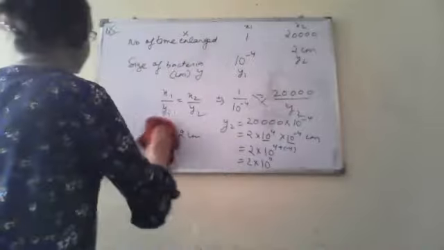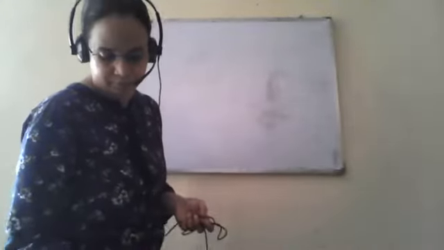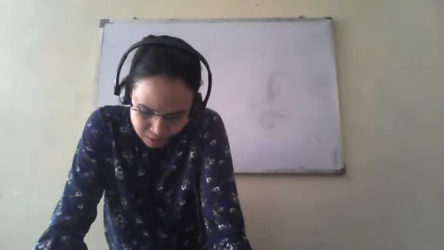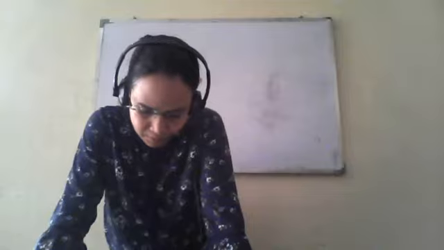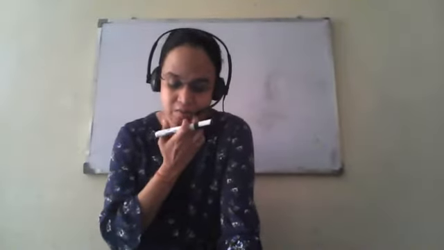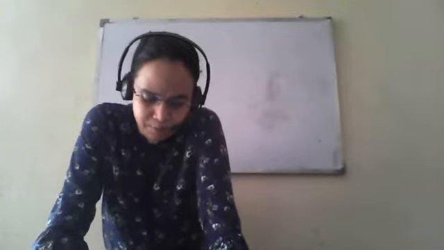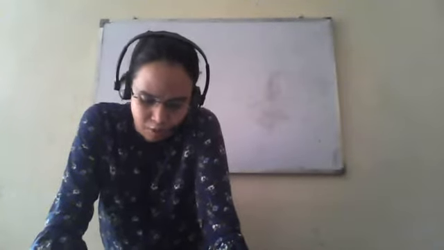Now the next question, question number 6. In a model of a ship, the mast is 9 centimeter high while the mast of the actual ship is 12 meter high. That means it is the same as the question given of the map, where the scale was given and we had to calculate the actual distance. This is almost the same. And if the length of the ship is 28 meters, how long is the model ship?